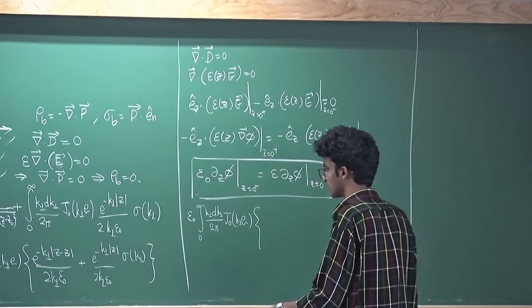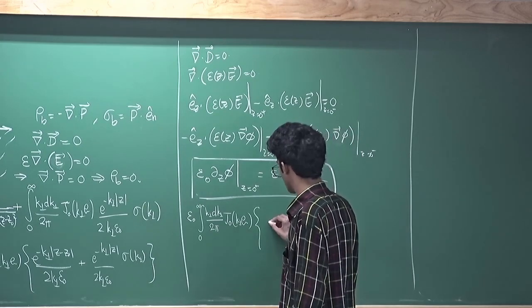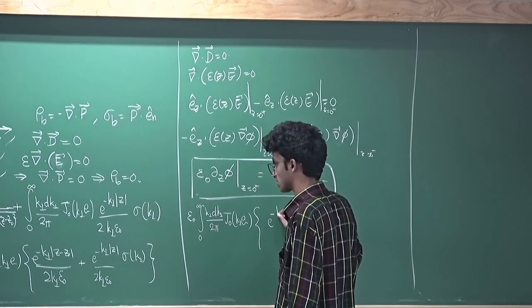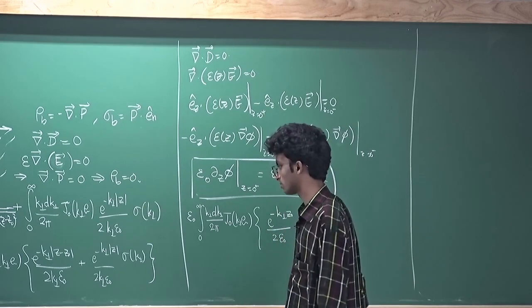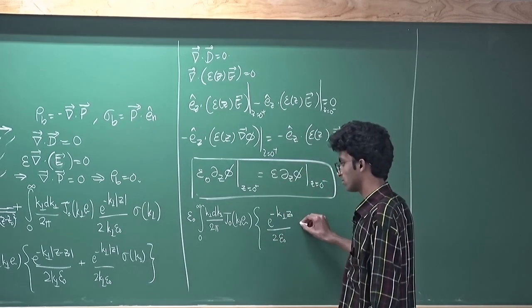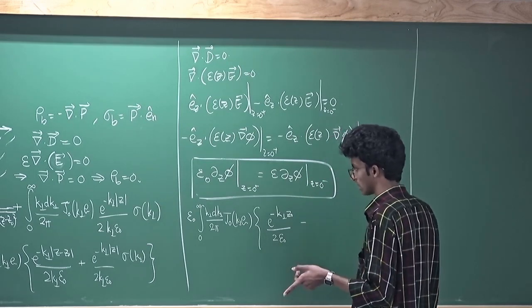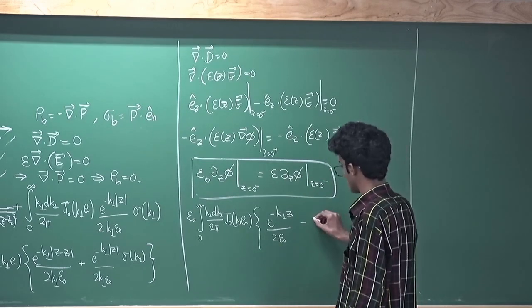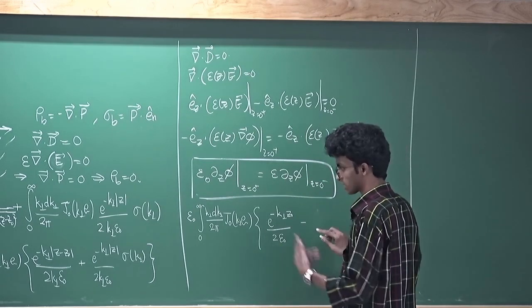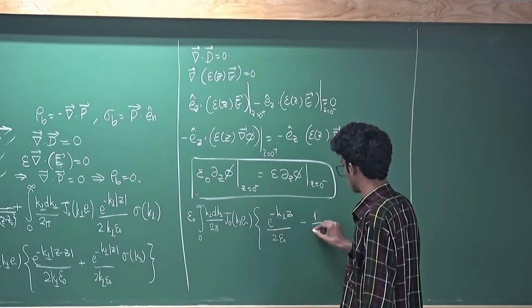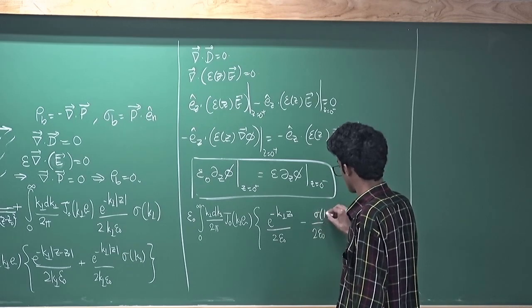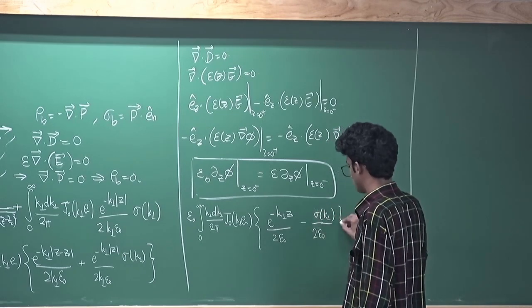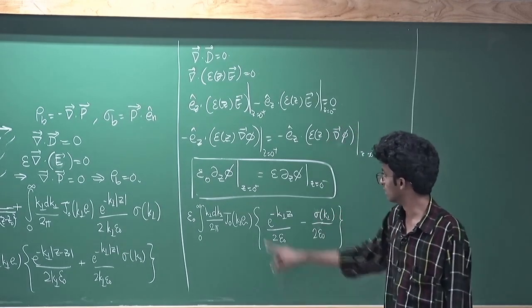So once you differentiate, you get a k perpendicular and you get e to the minus k perpendicular z naught over 2 epsilon naught. Now you come to the second term, that gives you a minus k perpendicular, right? So you get e to the minus k perpendicular becomes 1 over 2 epsilon naught, and then you get a sigma k perpendicular. Okay, that's this side of the equation,